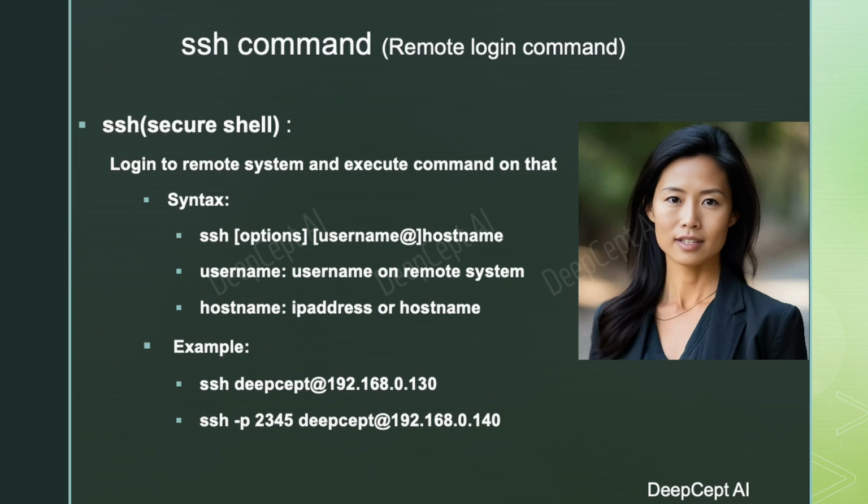To use SSH, open a terminal and execute the command as demonstrated. Following the execution, you will be prompted to enter the password for the specified username on the remote machine. If you are connecting to a Linux system from a Windows environment, you have the option to utilize third-party tools like PuTTY or the Windows Subsystem for Linux, called WSL, which comes with its built-in SSH command.